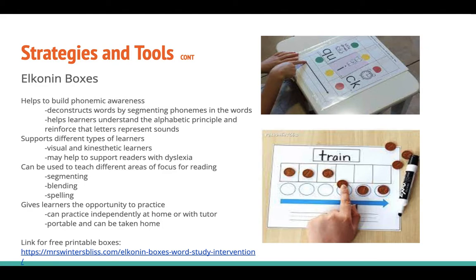One of my favorite tools are Elkonin boxes. Elkonin boxes are a simple way to help build phonemic awareness. The boxes help to deconstruct words by segmenting phonemes in words. It helps learners understand the alphabetic principle and reinforce that letters represent